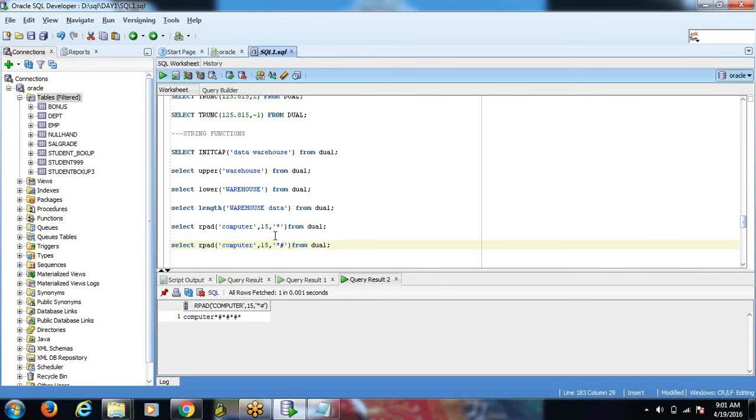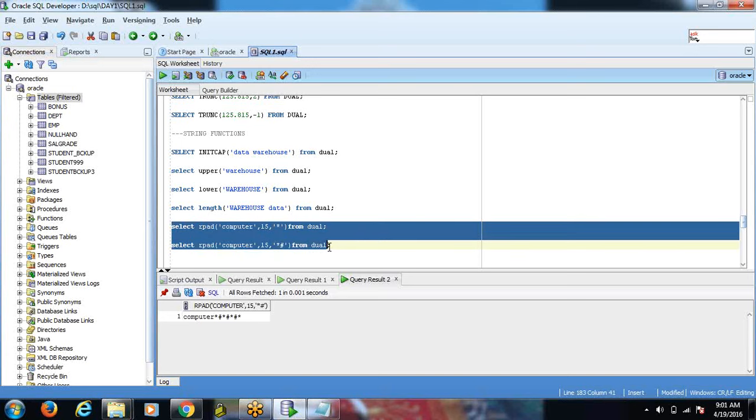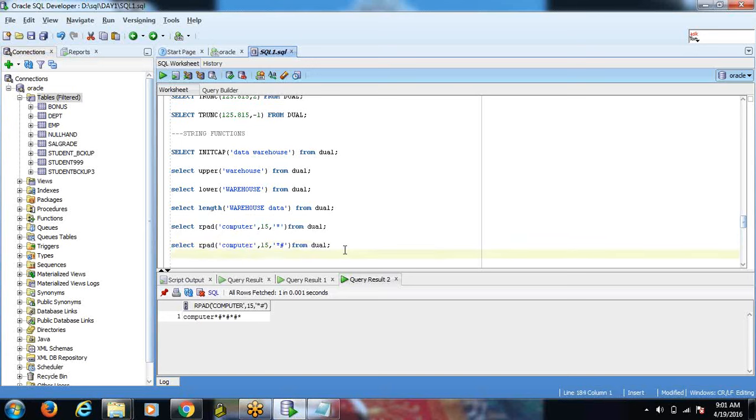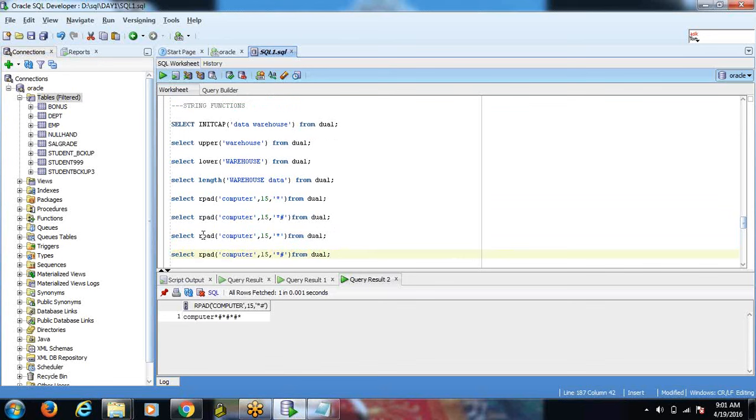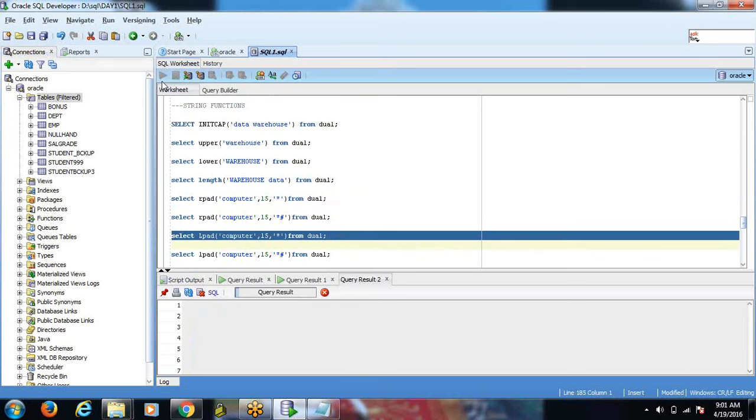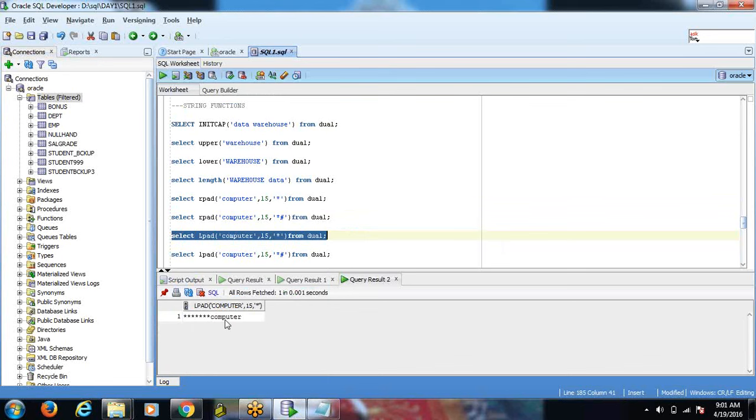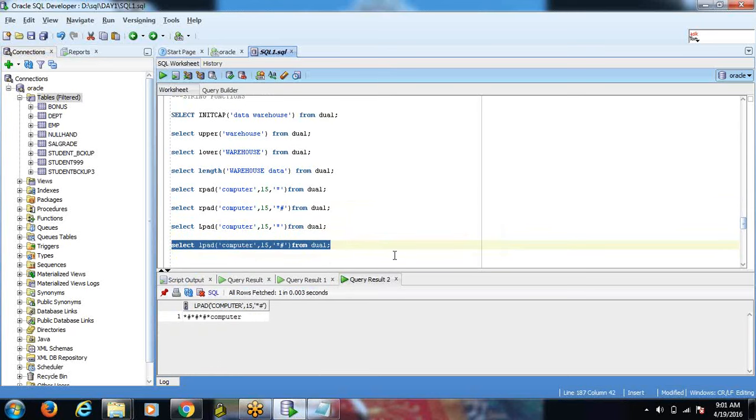Yeah, this is called rpad. If you are applying the same thing, instead of rpad, that is nothing but right aligning. If I'm using lpad, what will it display? Any guess? See, the same will happen to the left side. Got it? Yes. Okay.